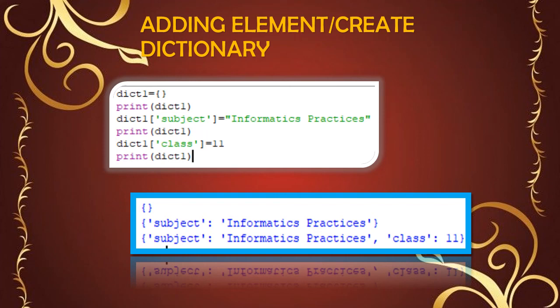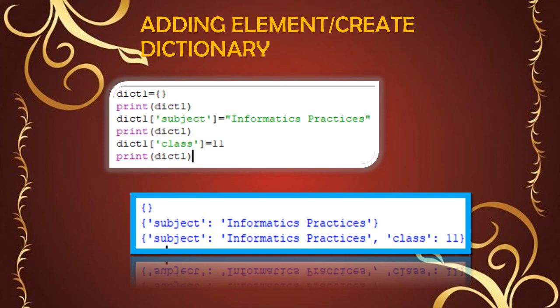It means no elements in the dictionary. And next, dictionary 1 of square brackets subject equal to informatics practices. It means the new key subject is created with the value informatics practices. Now printing dictionary 1, it prints subject with the value informatics practices.